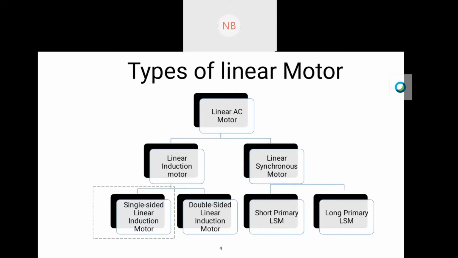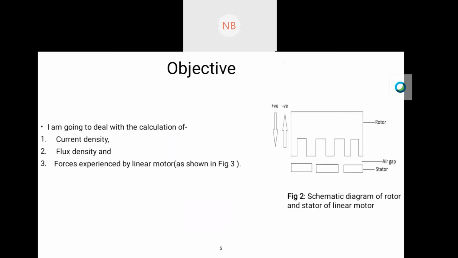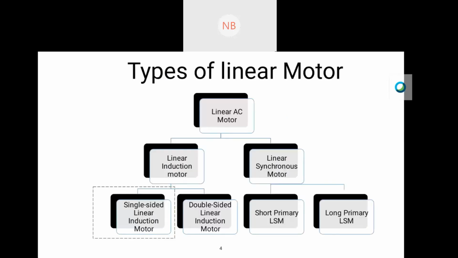So the main similarity between LIM and LSM is that both of them are such type of motor that generates magnetic field. In both cases, the object has some sort of plate for the magnetic field to either repel or to attract. And in case of single-sided and double-sided linear induction motor, the difference is that in the single-sided linear induction motor, there will be a single primary part, and for double-sided linear induction motor, we will get double primary part.